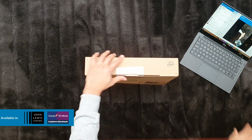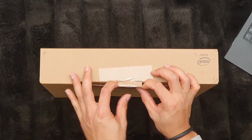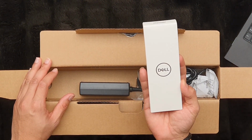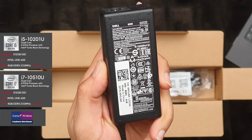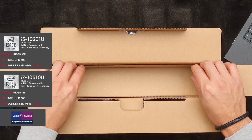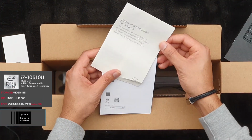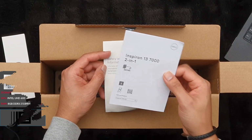This device will be available in both John Lewis and Curry's PC World. And no matter which retailer you decide to buy with, inside the box you will receive an active Dell pen. In Curry's PC World you will find two specifications available, an i5 and an i7. The i5 is an online exclusive. Both specifications come with 512GB SSD. In John Lewis you will find only one specification available, which is an i7, and again it comes with the